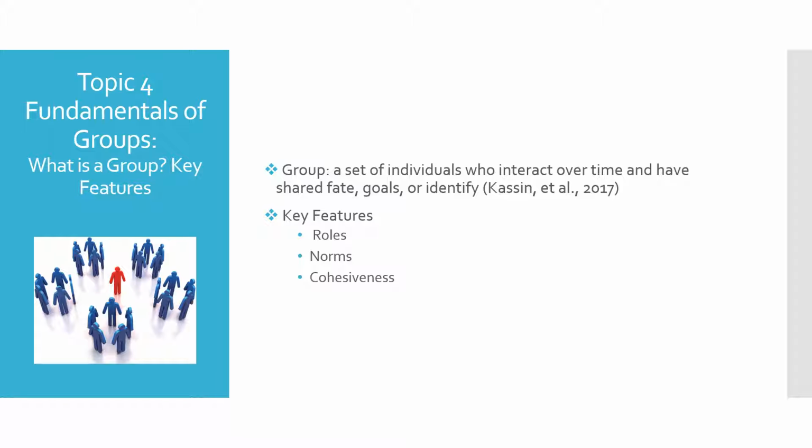Key attributes of groups are the roles of individual members of the group, that is, a set of expected behaviors, norms, which are the rules of conduct for members, and cohesiveness, which happens when the forces exerted on a group push members closer together. To get a better understanding of the dynamics of groups and how they can sometimes be